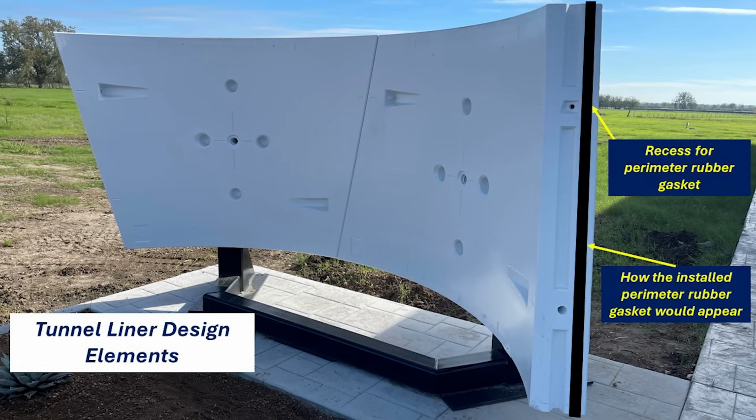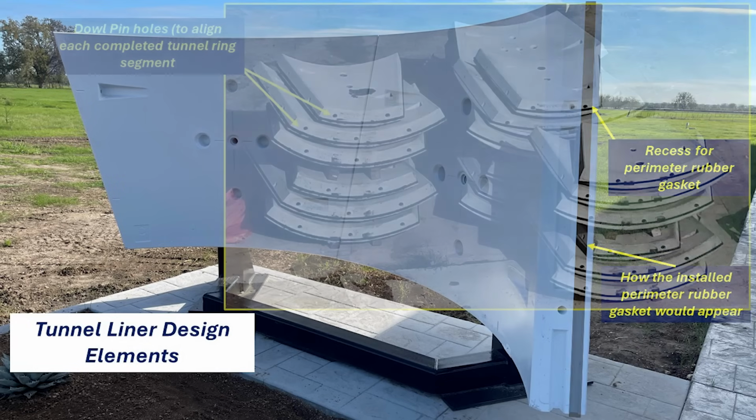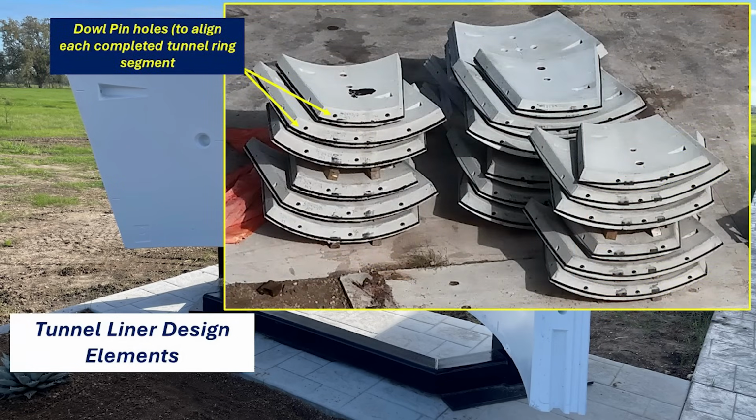In addition to that, they have recesses around the perimeter for a rubber gasket, and this image shows how an installed perimeter rubber gasket would appear if it were on this particular display. Now, this is a good image also showing a different part of the liners that shows the dowel pin holes. This is what's used to align each completed ring to the next ring and is a critical part of making